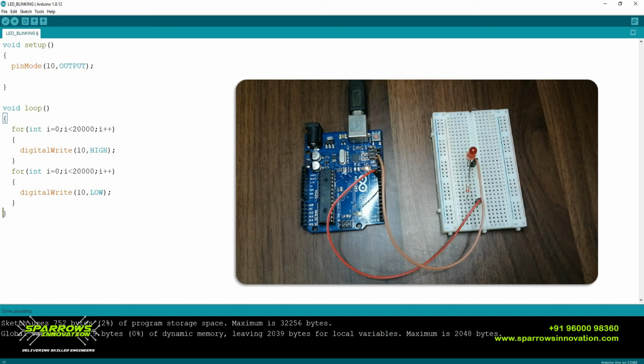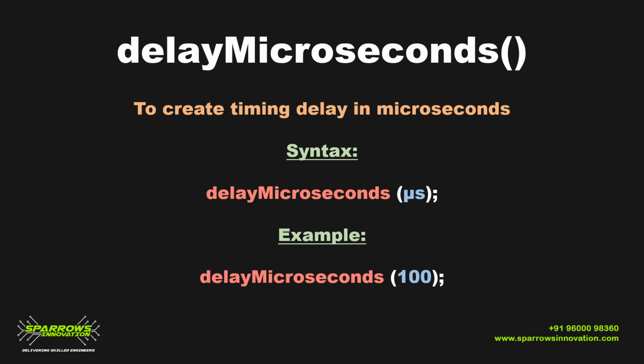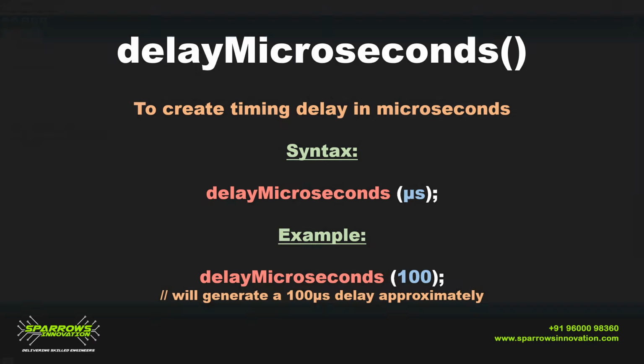In Arduino you will have two different default delay functions. By using the delay function also we can make your LED blink. I am using the delayMicroseconds function. This is one kind of library function for delay. This delayMicroseconds will generate a microsecond delay. Whatever value is given inside the brackets, it will generate in microseconds. So by using delayMicroseconds, we can make a microsecond delay in an Arduino program.